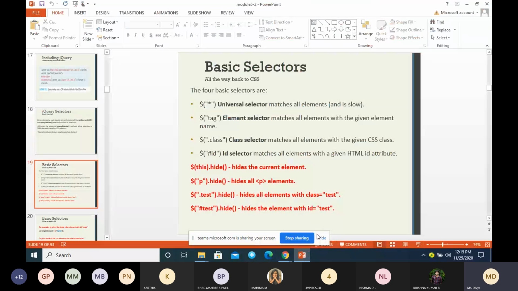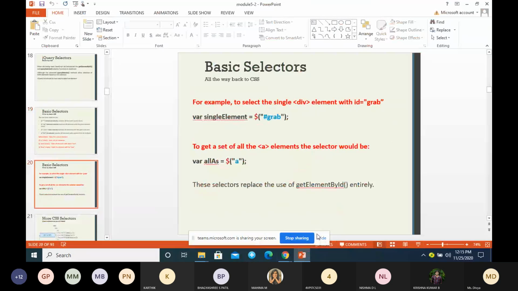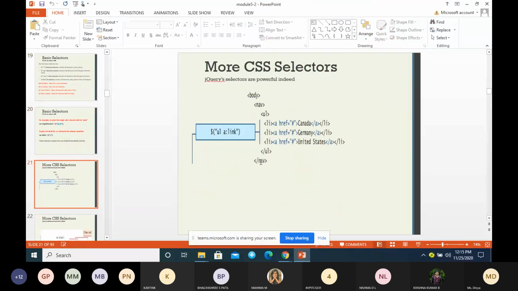So here there are examples. This is for ID selector. This is for element selector. Next one is